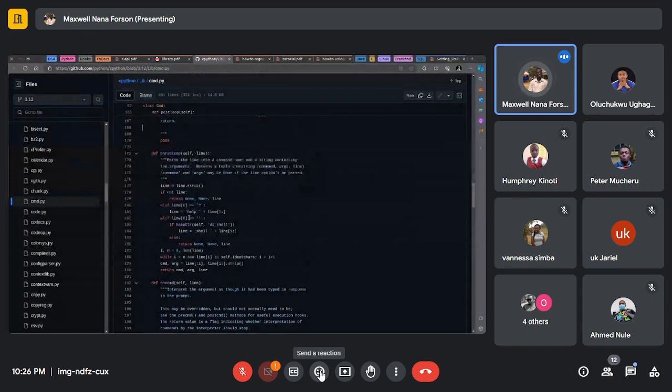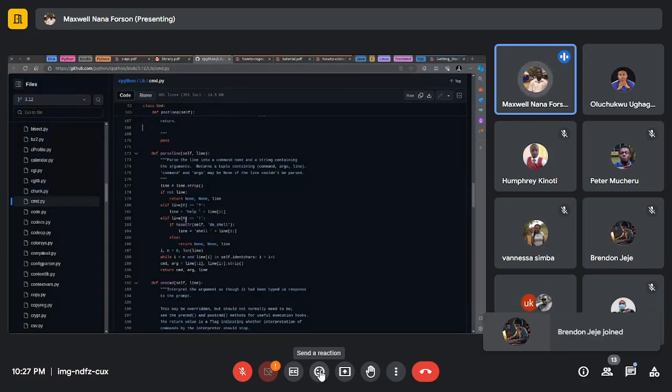Let's say you can see that it tests if the line is not there, then return none. Then if the line is equal to a question mark, then print, the line is going to be equal to help plus whatever. If the first character of the line is an exclamation mark, it checks if